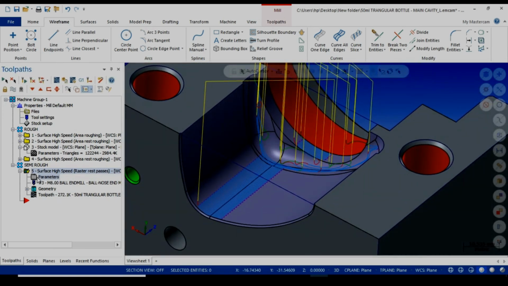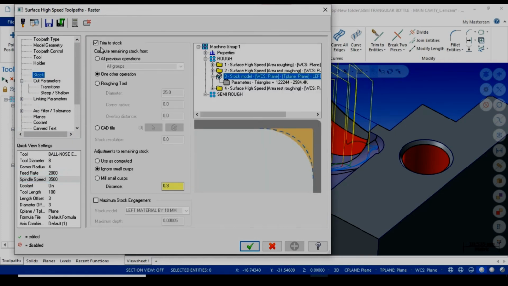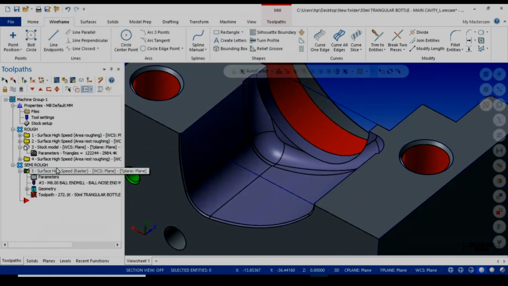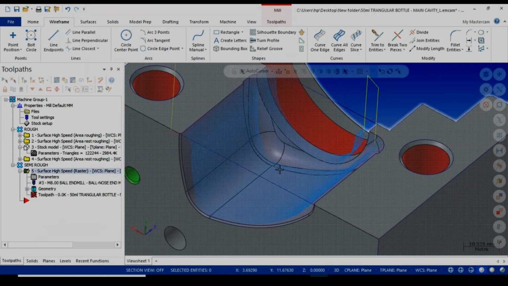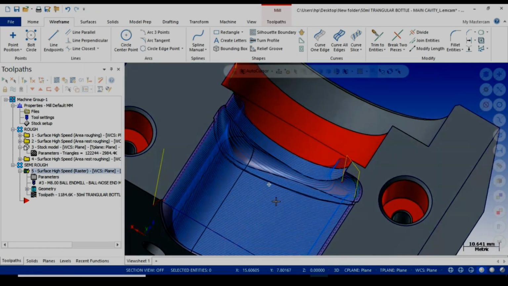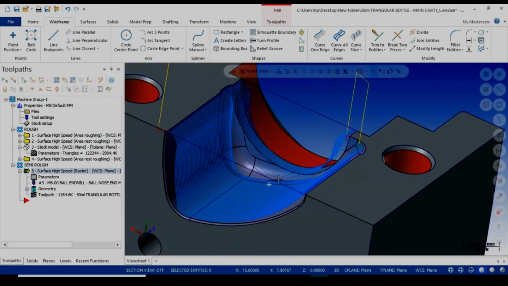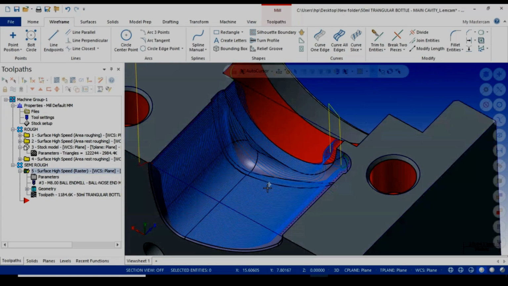I have to edit it as it does not work for me. I have to remove the stock. Once again I will generate it. You can see the smooth toolpath is being generated here. After this operation I will use the finished toolpath.